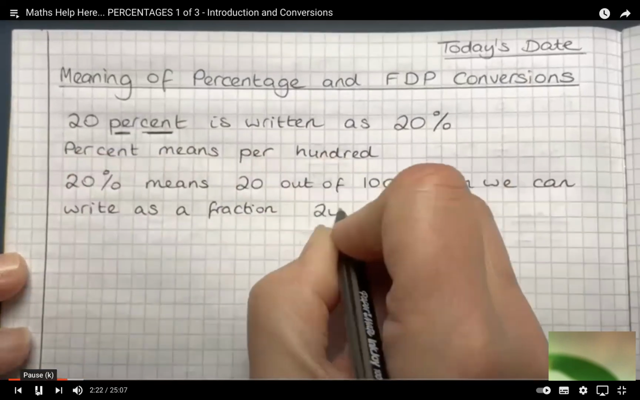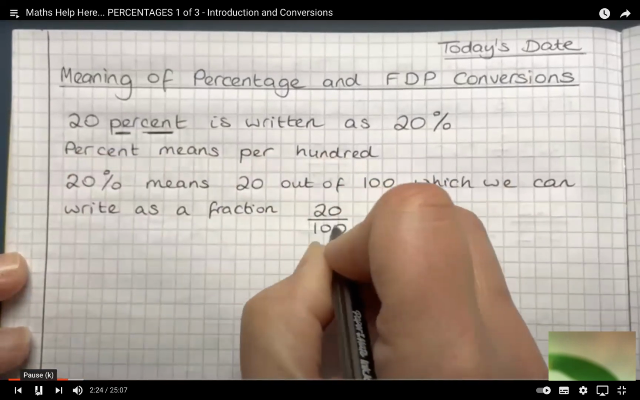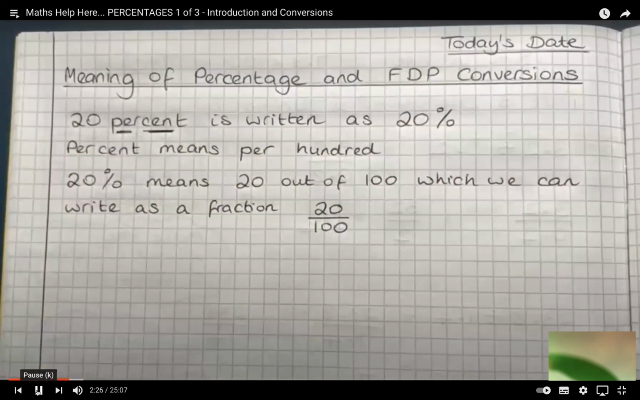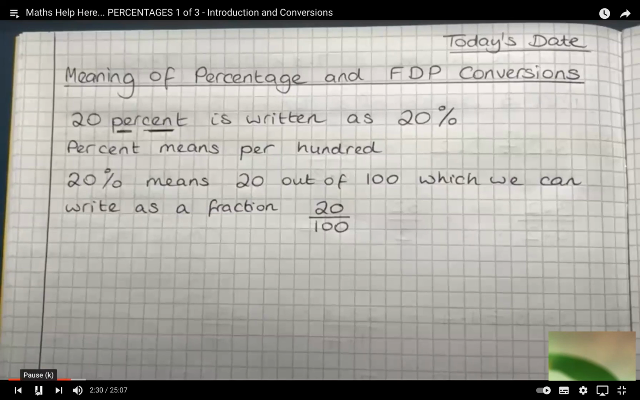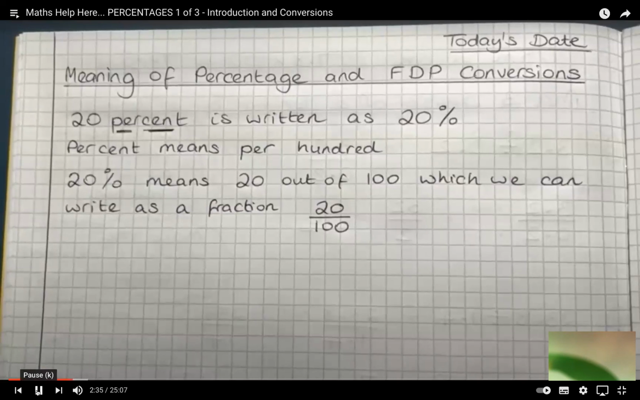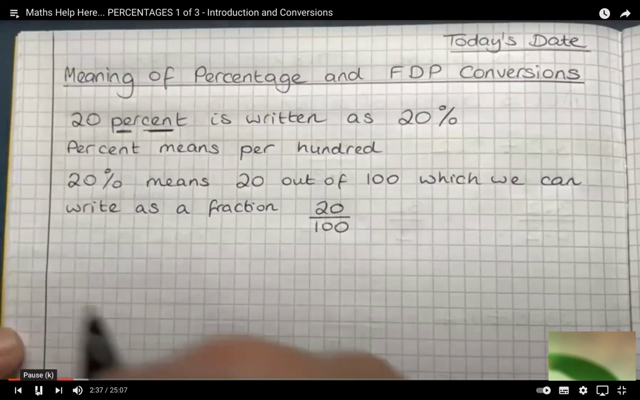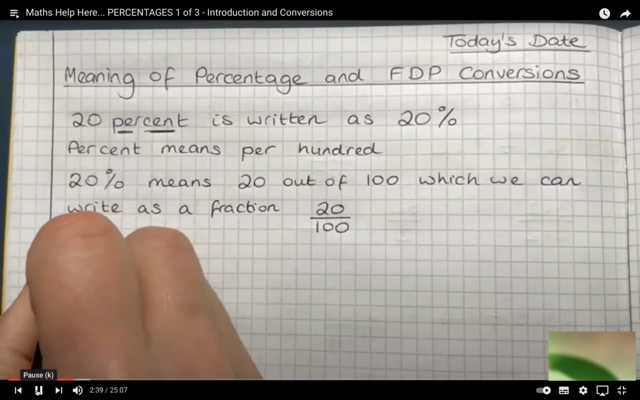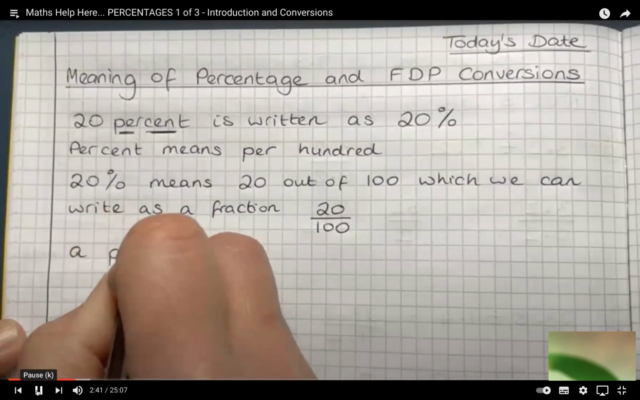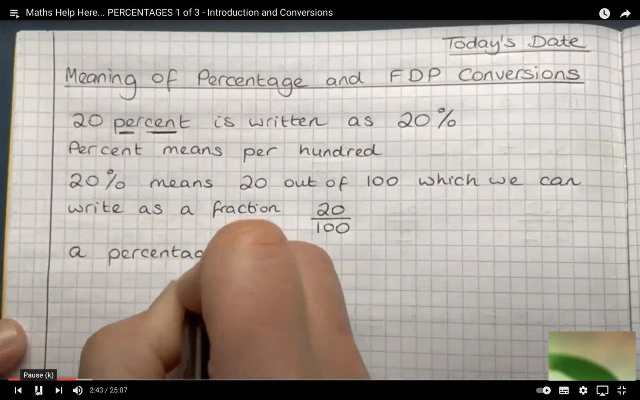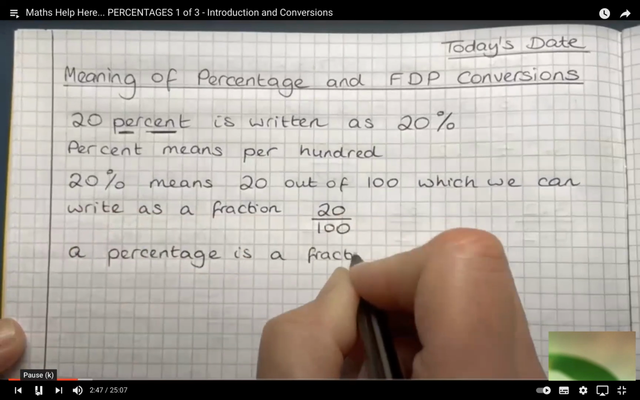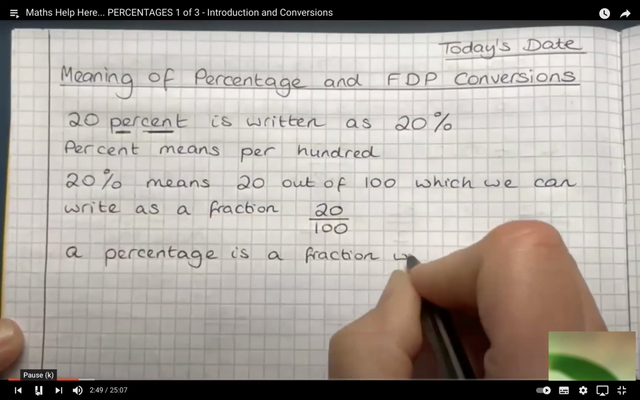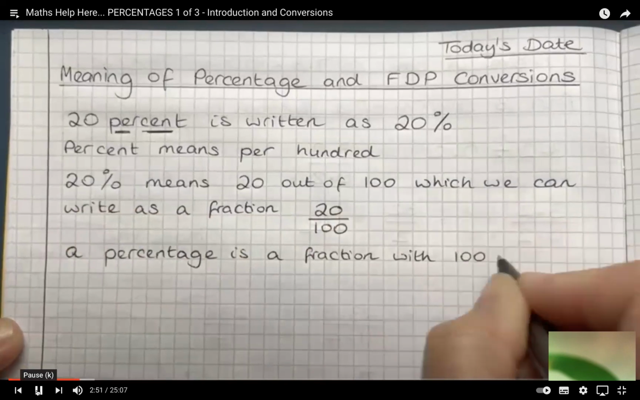We would write it as 20 out of 100. Obviously, that can therefore be simplified down, but we're going to leave it like that at the moment because, and this is a really important point, I'm going to put this in one of our learning bubbles, a percentage is a fraction with 100